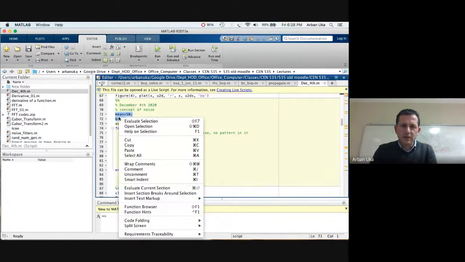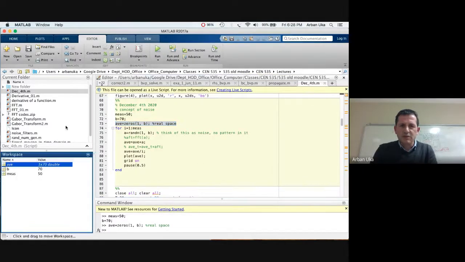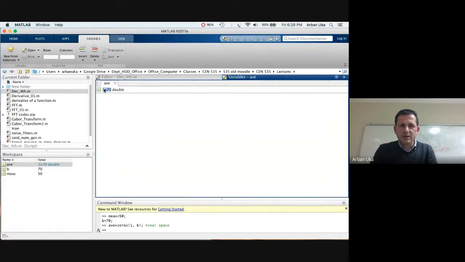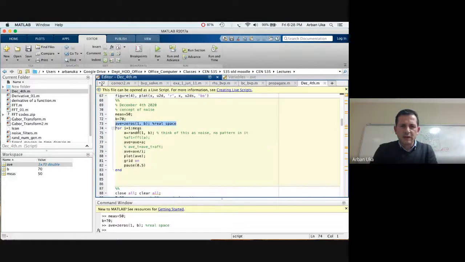So here we get 50 measurements, and we also generate a vector which is composed only of zeros. This is the vector that we can see here, which is full of zeros. And then from here, what we want to do is